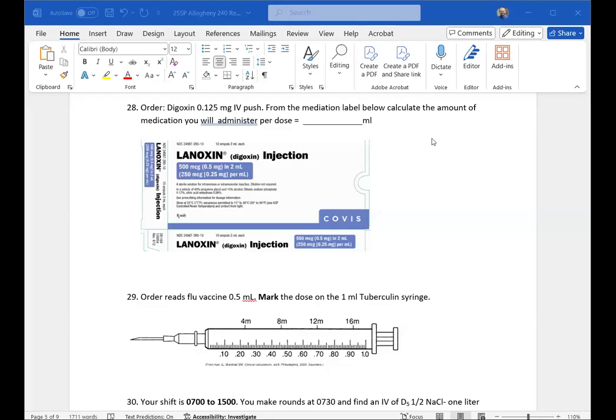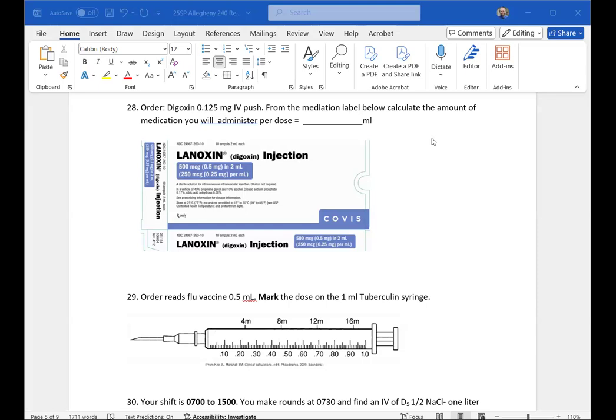So like I said, this is the 240 Allegheny nursing review for dosage calculations. If you have questions, please just type it into the chat or you can unmute and ask. But like I said, I have 3 questions that were emailed to me that I want to start off with